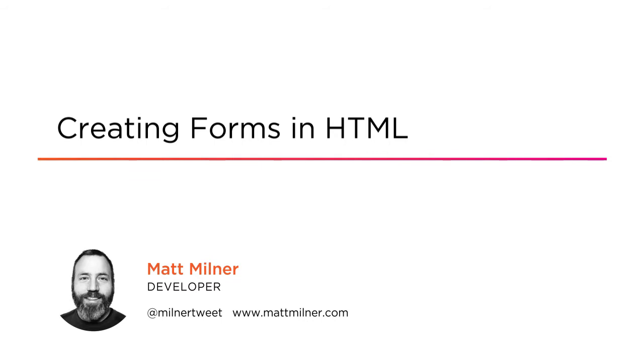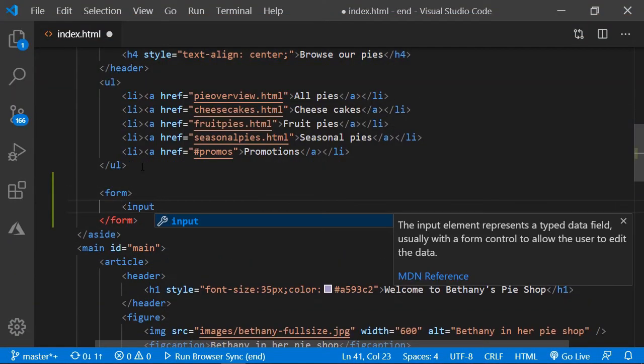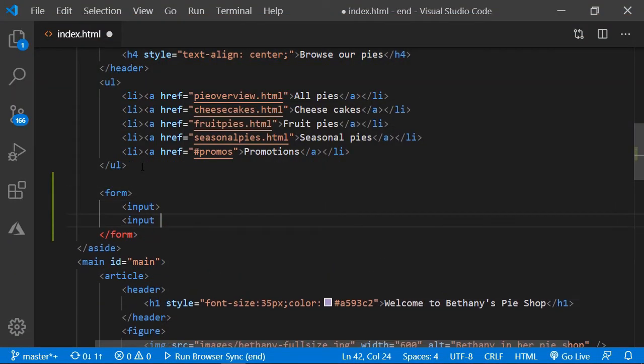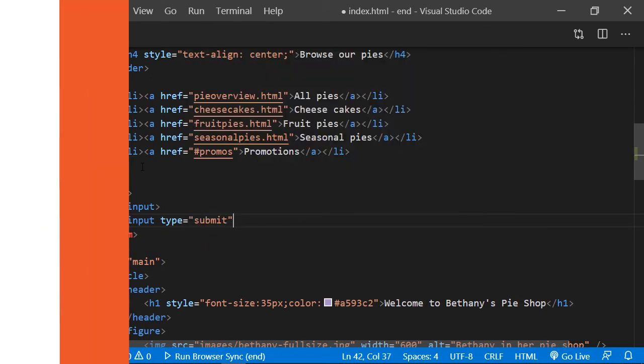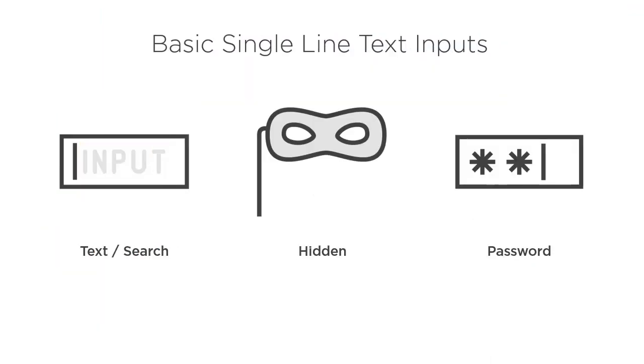I'm an independent software developer and trainer focused on web and cloud technologies. HTML forms are a critical component of web development, allowing users to enter information to help create the web. This course is a quick introduction to the key knowledge developers should be familiar with in order to get started